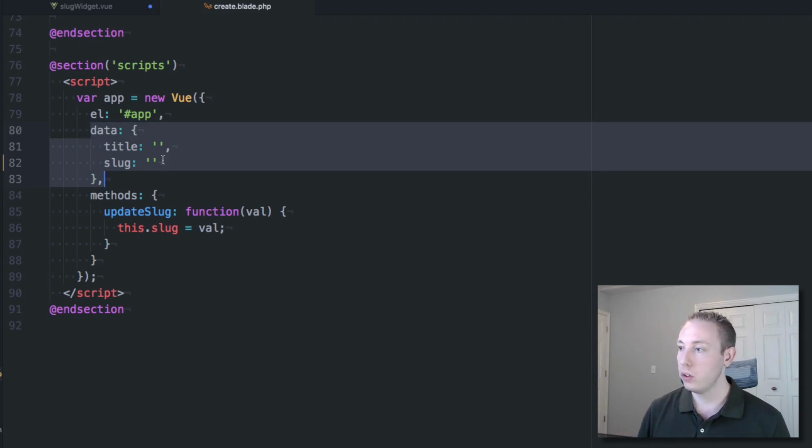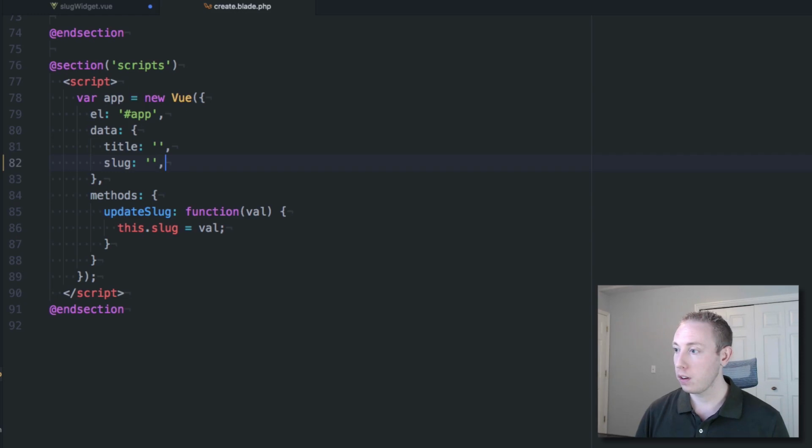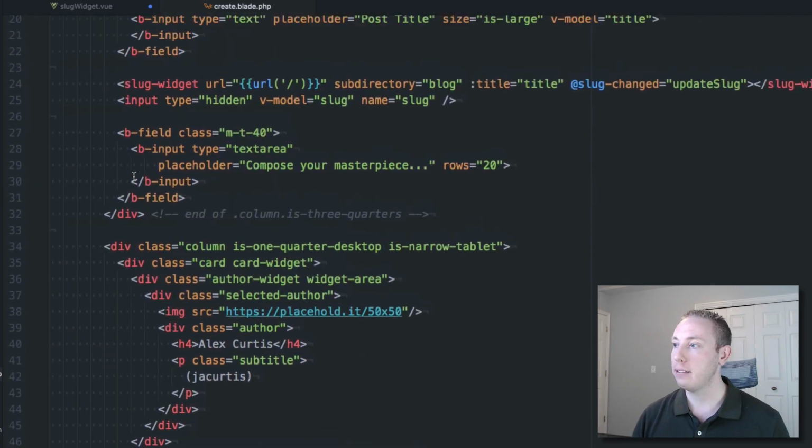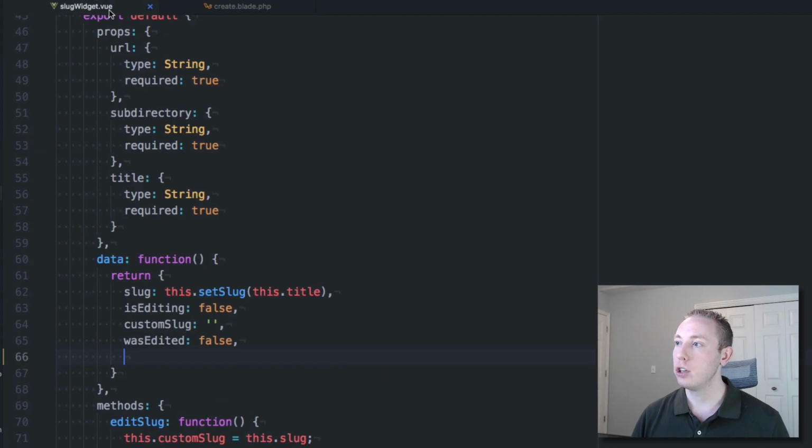So what we'll do is create an API token, and then we'll go ahead and do exactly what we've been talking about here, API token, and we'll be rendering it through Blade, so that way it's updated for each user, and it's going to be equal here in our data component. Now, instead of manually passing it in here where we might forget to do it, I'm just going to have the component reach outside of itself, go to the parent component, grab that value and pull it back in by itself